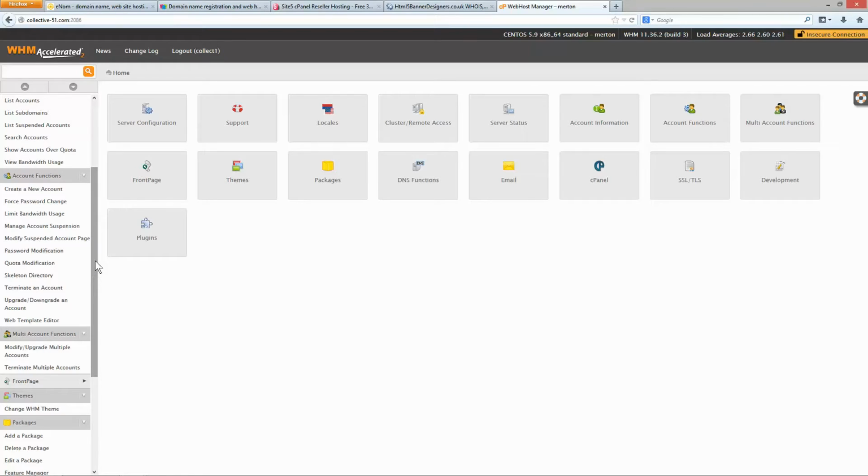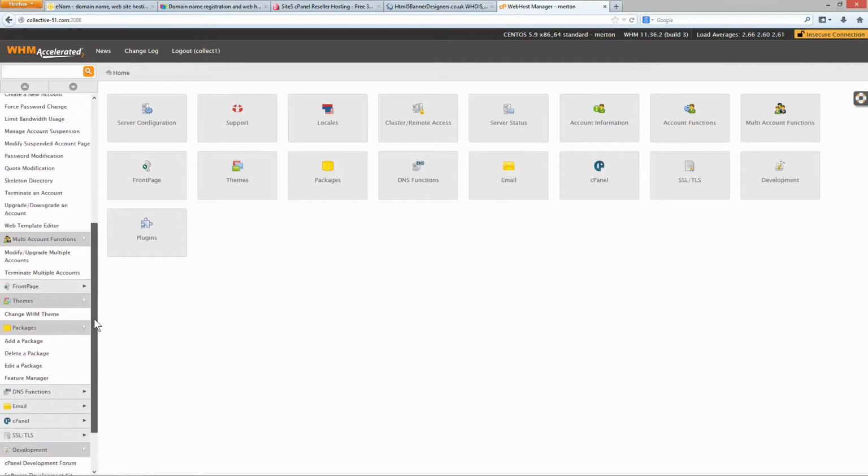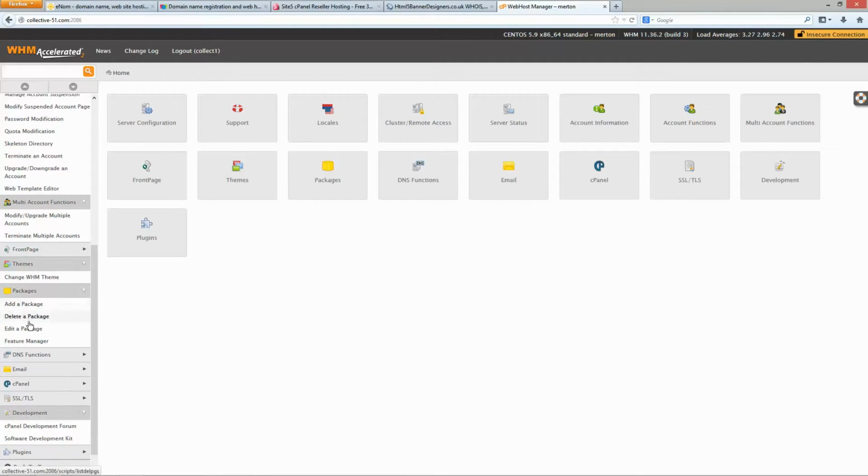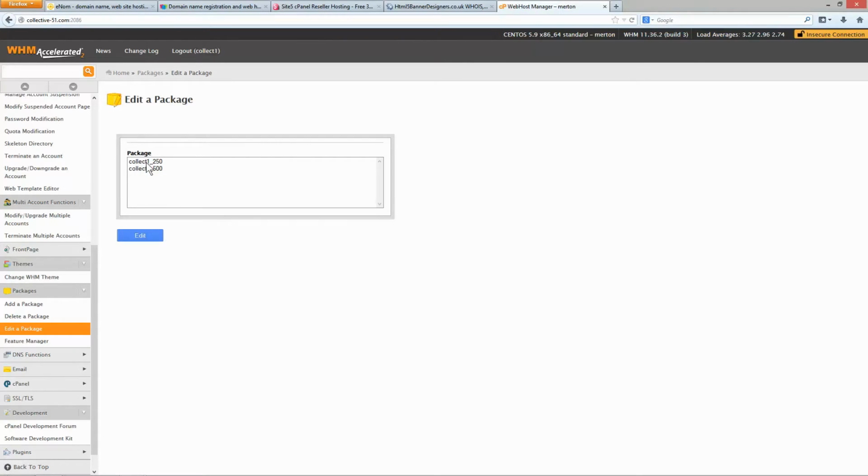And the first thing that you should really do is actually create packages. If you don't do this, then every account you create is just going to be a bit random, and I'll explain what a package is. Let's edit, because I've created a few examples already. So I'm going to click on Edit a Package, and in here I've got collective 1_250 and collective 1_500. So the 250 represents 250 megabytes of disk space and bandwidth, and 500 equals 500 megabytes of disk